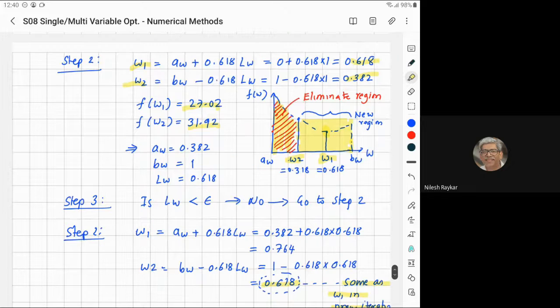So the next section becomes smaller. So W1 there is 0.7. Again, you find W1, W2, and you always find that the new W2 matches with the earlier W1. It will not match W2 to W1. One of them will match with the previous one. So that is how we will be doing this calculation.